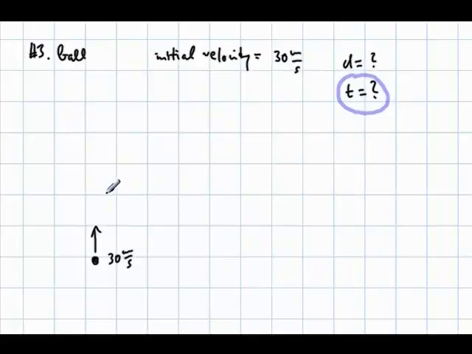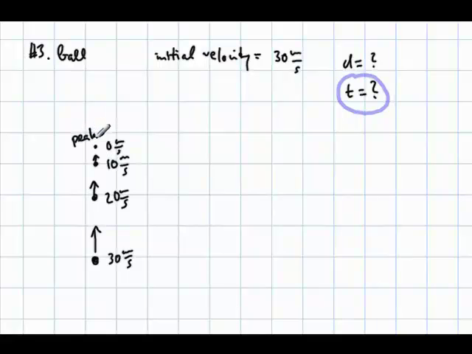And we know something about that ball, as there is no air resistance, that after 1 second it will have a speed of only 20 meters per second, because gravity of 10 meters per second squared slows it down, and then another second later it will have a speed of 10 meters per second, and then another second later it will have a speed of 0 meters per second, and that's actually where the highest point is,